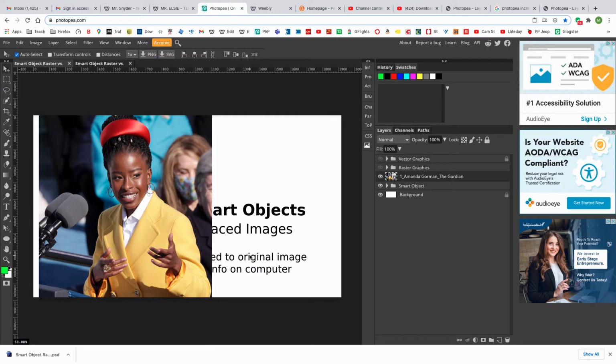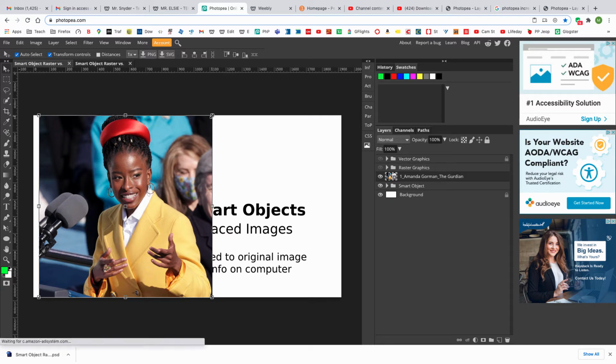It's covering my text. So go to Transform Controls. It brings up the bounding box of that layer, the outside boundary of that layer. And you notice these little nodules here, these anchor points. I'm going to go to a corner, not a side, but a corner. It gives you a diagonal double arrow. I'm going to click